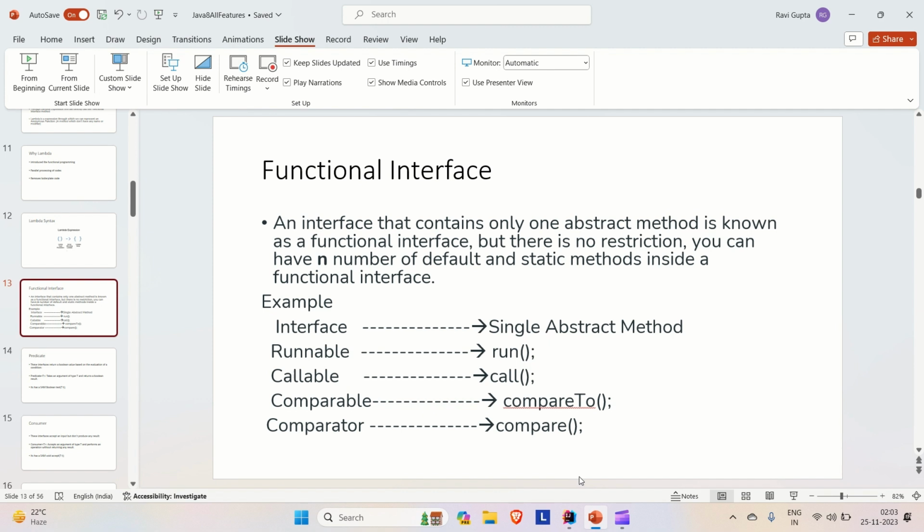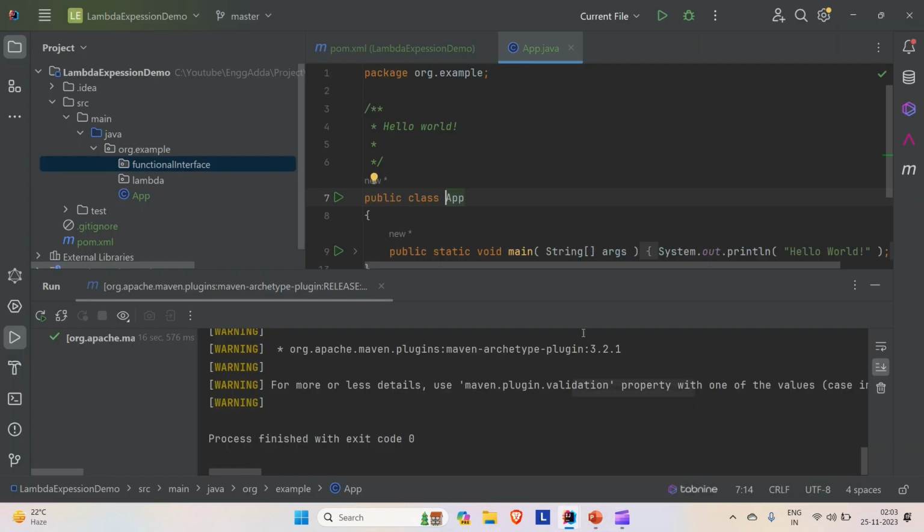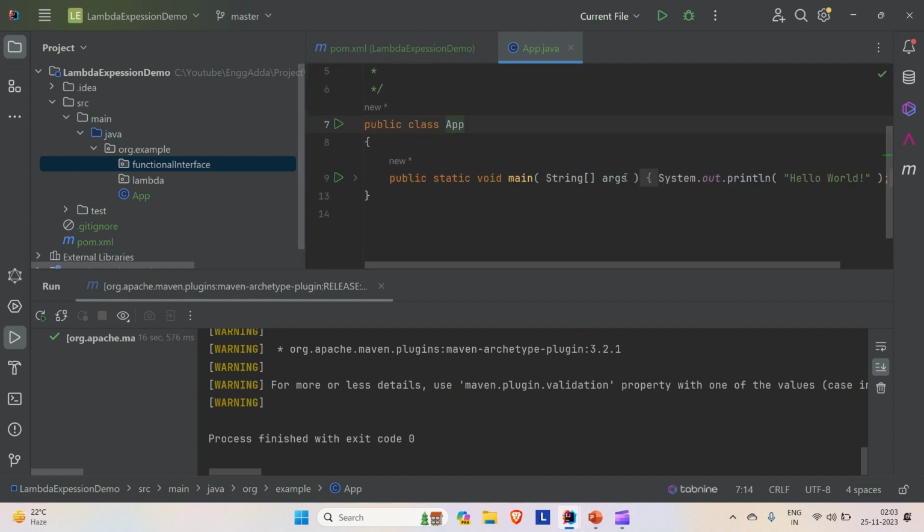Okay, so let me try to walk you through one of those functional interfaces, how they are written and how the code structure is looking like for these functional interfaces. Let me try to show you. And then we'll try to create one custom functional interface, and then using the lambda expression, we'll try to implement that functional interface's single abstract method. And there we'll also see how the lambda expression is working. So go here and let me try to call this,